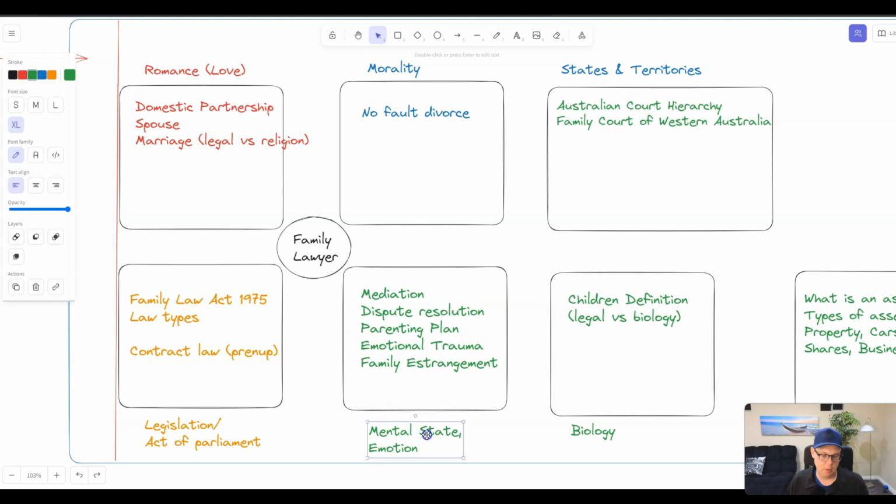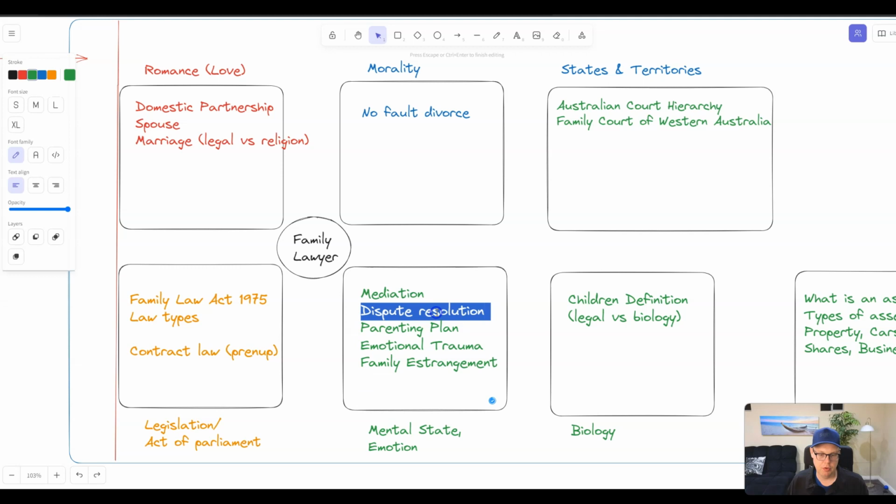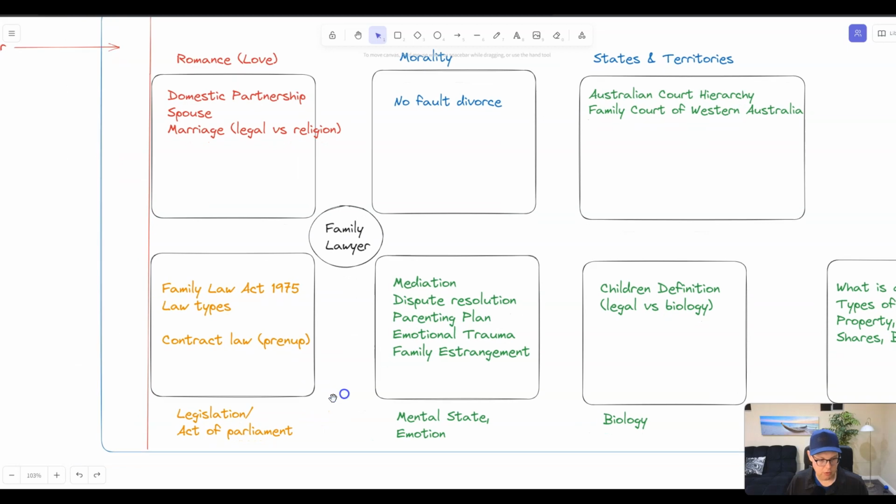And an interesting one is the mental state or the emotions involved in a marriage. Things like a parenting plan, emotional trauma, family estrangements, they could all fall under these categories here. And then of course the legislation is really important, where we have different types of law, like common law, criminal law, tort law,